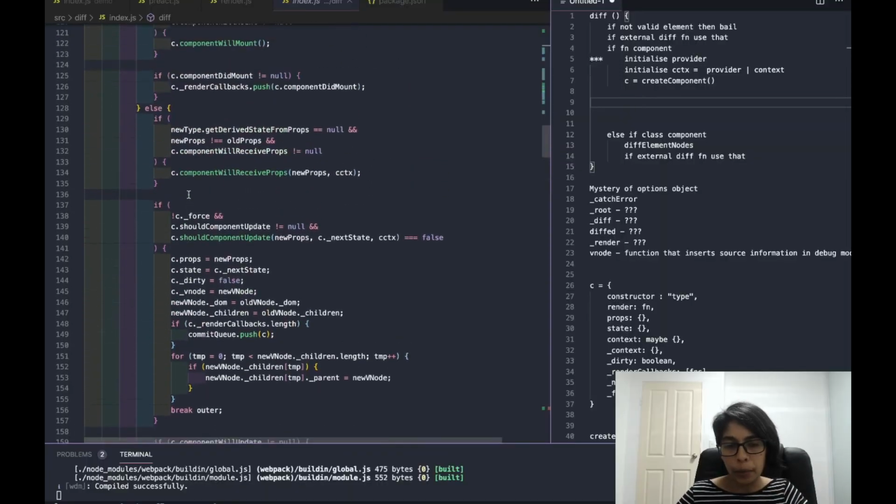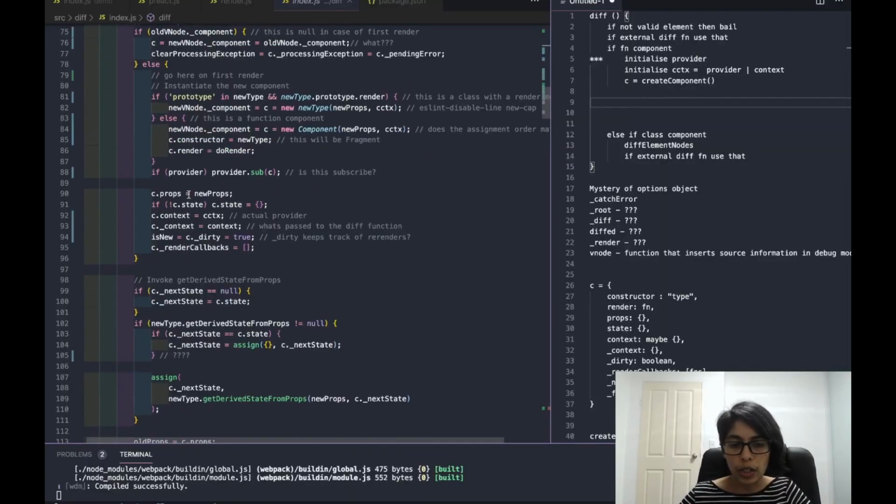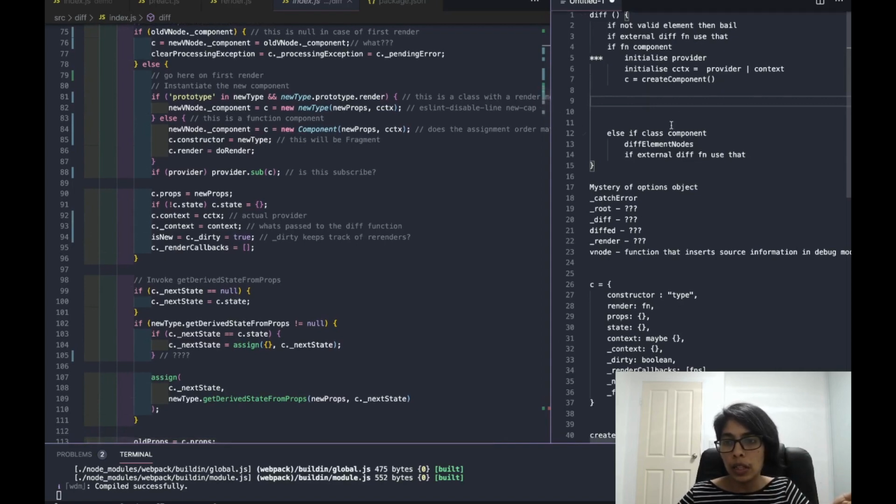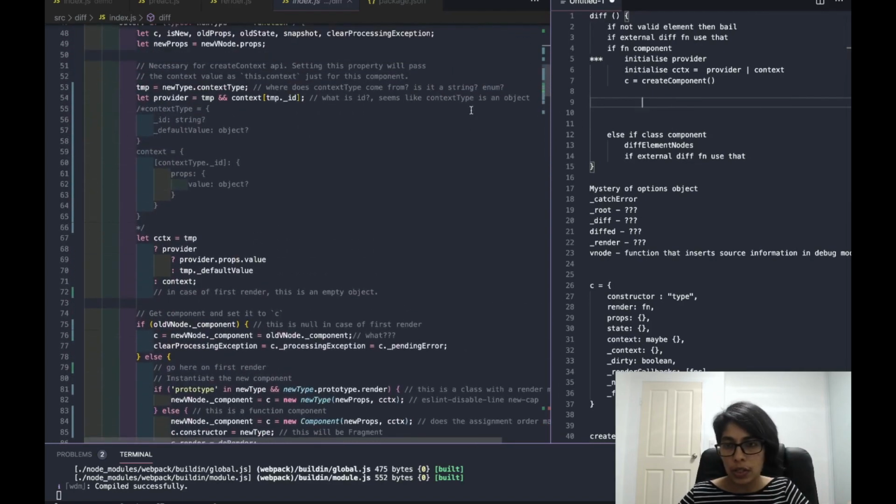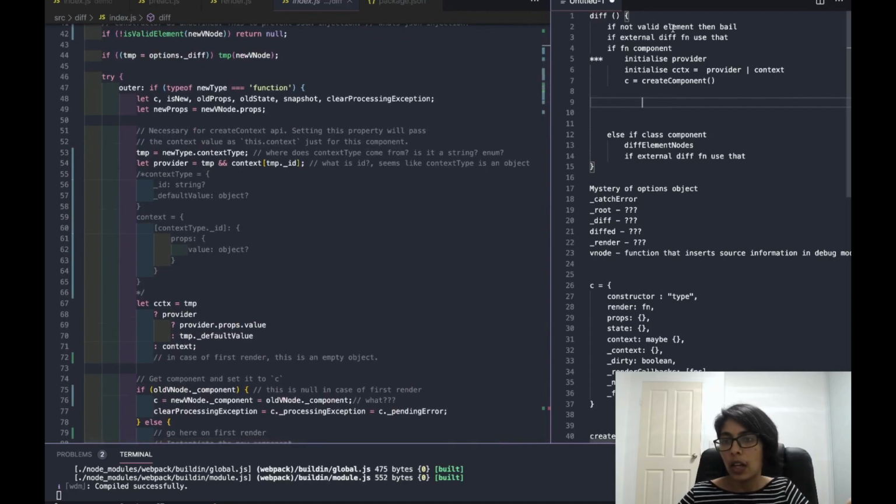To recap, let's just write some pseudocode to figure out what happens after this. So in the diff function, first we saw that if it is not a valid element, then we bail. If an external diff function is used, then we use that. If it's a function component, we, if it's a function,